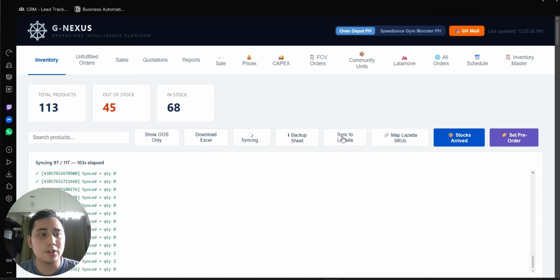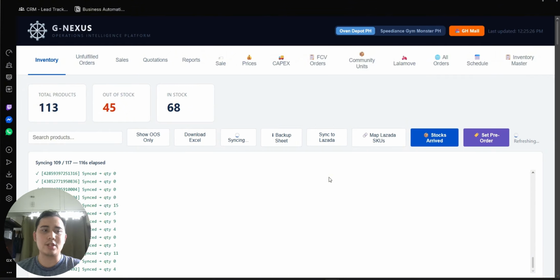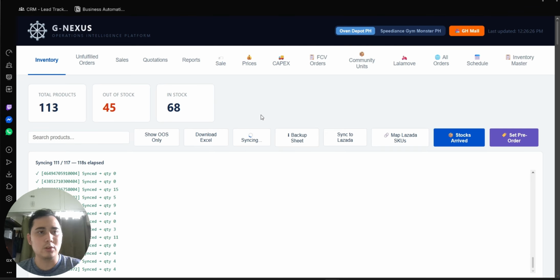This button does the same feature, so it also syncs to Lazada. That's pretty much the main feature of this web app, to synchronize everything for those multiple platforms.